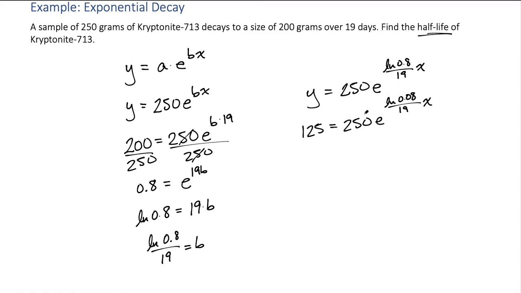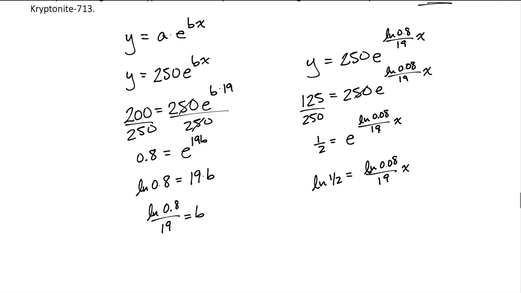Divide both sides by 250, and we get 1/2 equals e to the natural log of 0.8 over 19 times x. Then I can take the natural log of both sides, and I have the natural log of 1/2 equals, and then here it just cancels the base out. So now I've got that whole exponent, natural log of 0.8 over 19 times x. So now solving for x, I multiply both sides by 19